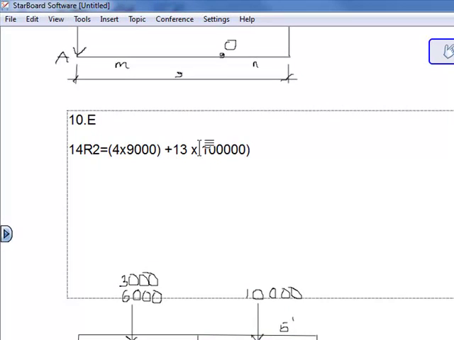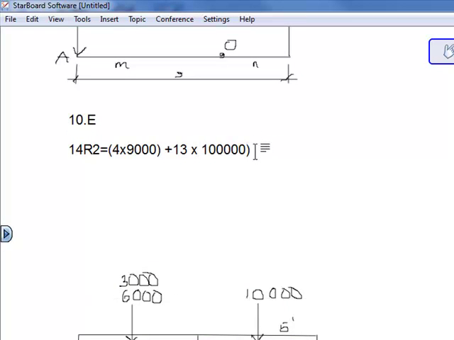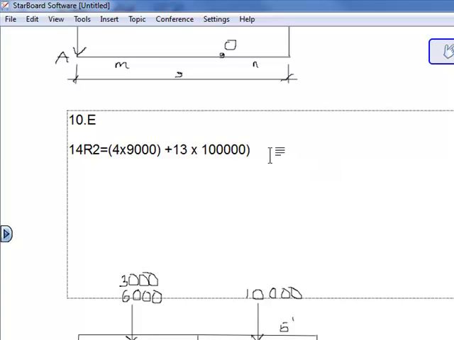Technology sucks. Okay, sorry. Here we go. Let me write that over. Plus 13 times 10,000. All that equals